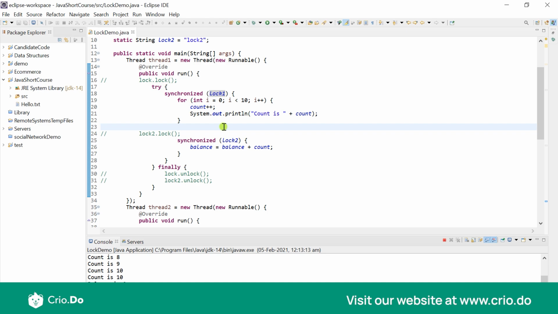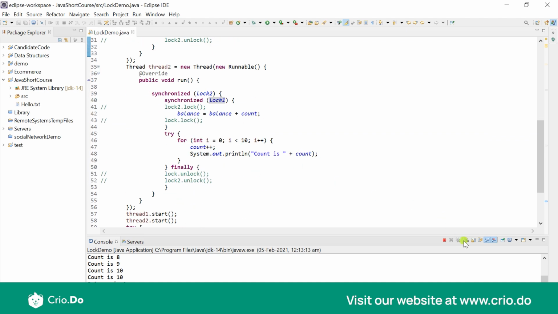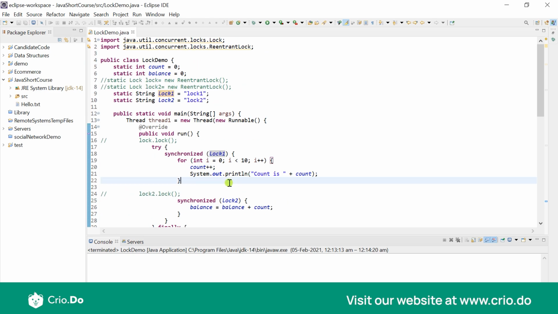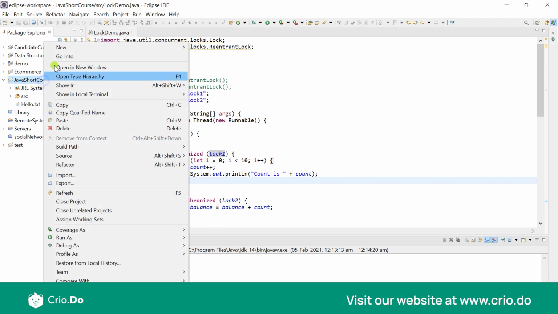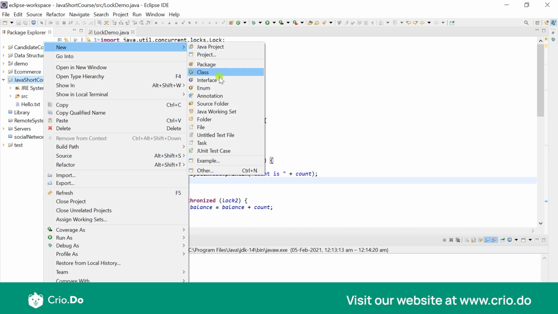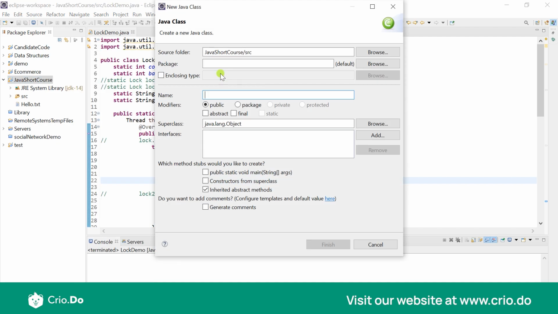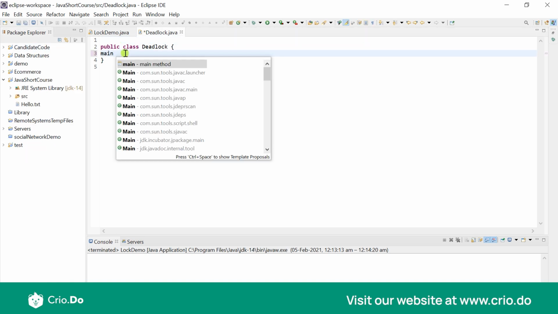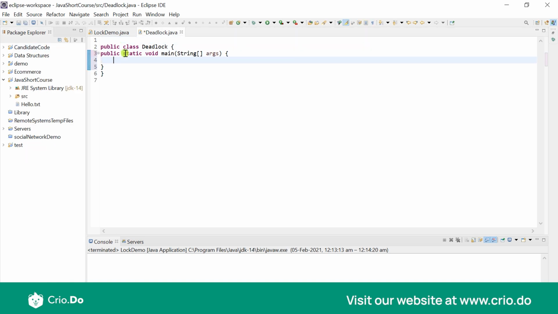So let me simplify this code a little bit so that I'm able to work and create a proper scenario of deadlock for you. So I'm creating a whole new file, and I would call it deadlock. And in this, I'm actually going to create my main method and simply going to create lock 1 again.